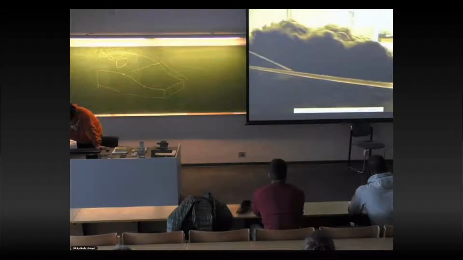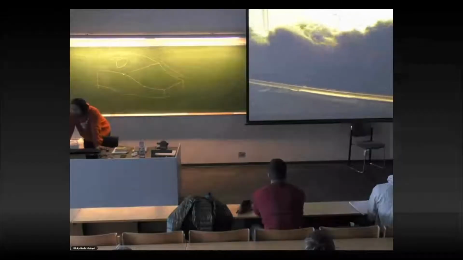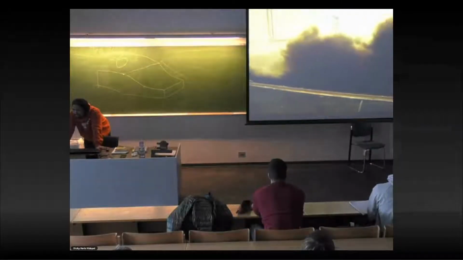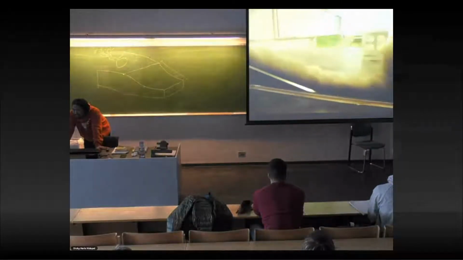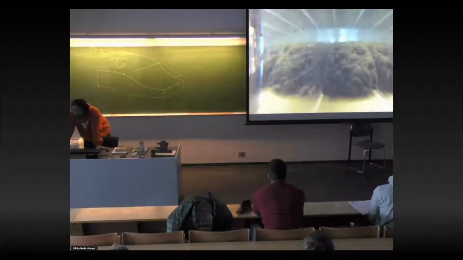Apparatus. This first example is a turbidity current running down a ramp. You can see clearly the turbulent head, the body, and the tail behind. Seen from the other side, it looks very similar. Once again, you can see the turbulent head, the body behind it, and the very end of the tail. This is a front view with the turbidity current running toward you. This was taken with a GoPro.